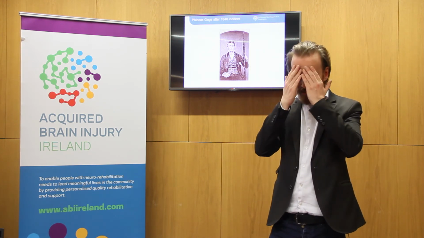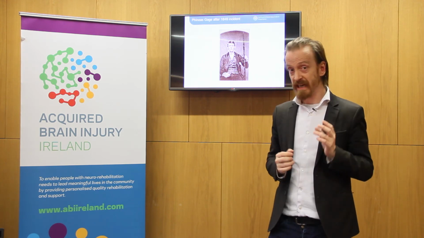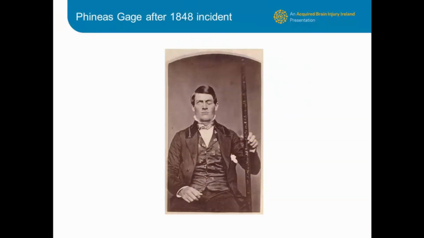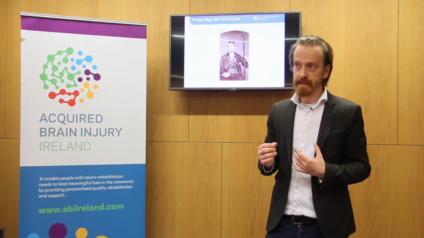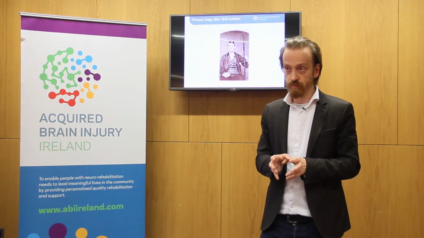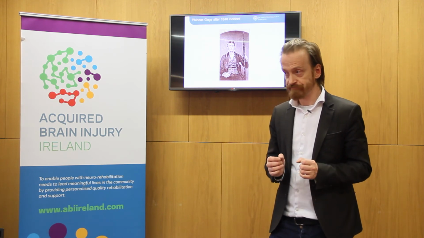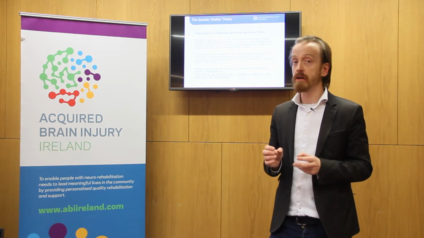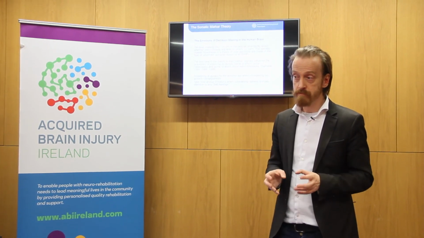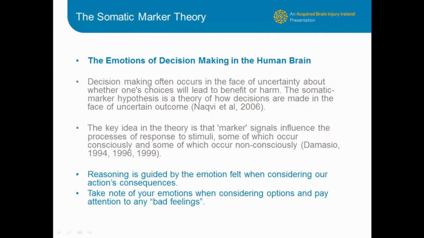So he had a bilateral frontal lobe injury. So both of his frontal lobes were injured in that accident. Now, he wasn't killed, and they say he wasn't even knocked out, but his personality was completely altered from that point on. And not only his personality, but his ability to make good decisions was really hugely compromised. And this kind of has led to this idea of what they call the somatic marker. And it's the emotions and how they contribute to decision making in the brain. Because decision making usually occurs when we don't know how the outcome is going to work out, and there's risks involved,